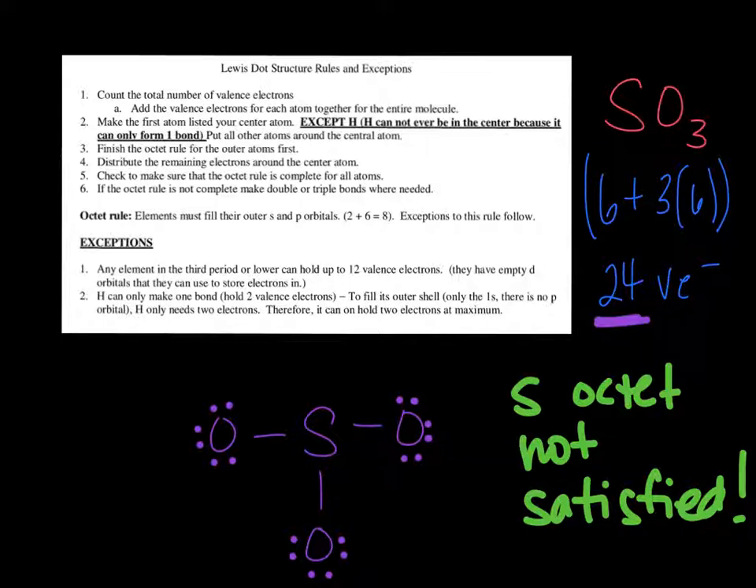And so since it's not satisfied, it says, if the octet rule, this is number 6, if the octet rule is not complete, make double or triple bonds where needed. And so sulfur won't stay in this relationship if the octet rule can't get satisfied. And so it is going to have to get electrons from one of these oxygens that's hoarding them. All right, and so what happens is oxygen then will donate. It doesn't matter which oxygen you pick, just one of them has to donate